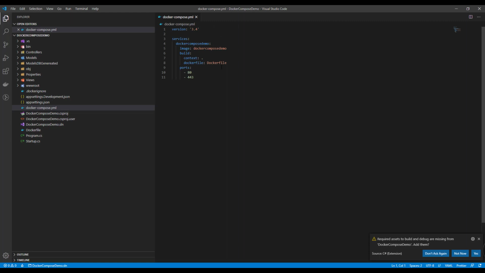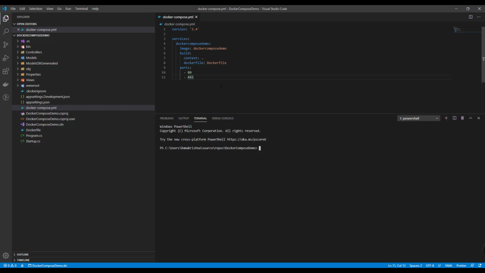As you can see, it is using version 3.4. The latest Docker Compose version is 3.5. You can check that Docker Compose is installed on your system by using this command: docker-compose -v. So we have Docker Compose installed in our system.